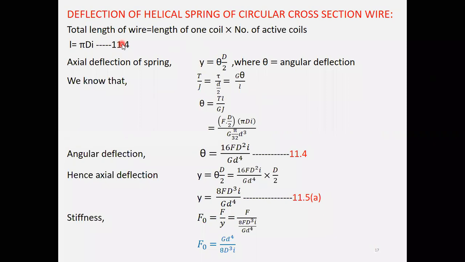Once I get the total length of the coil, next, when the member is subjected to deflection, or when you apply the load, the member will be deflecting. This deflection is denoted by y. y is equal to theta into d by 2. Why I have taken this d by 2, for example,